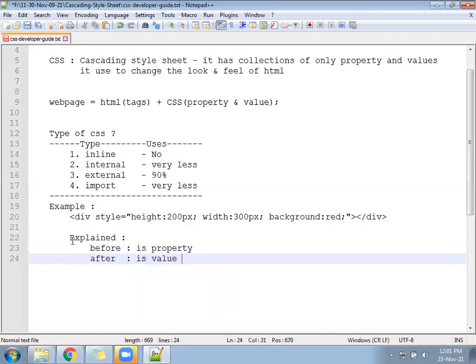Before colon is called a property, after colon is called a value.